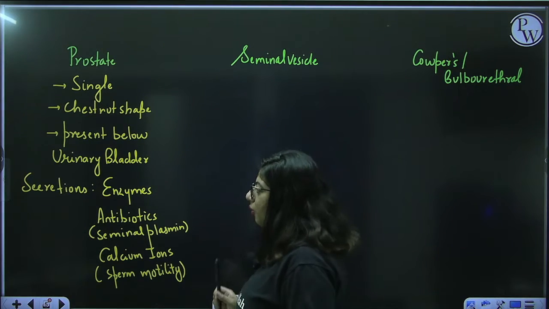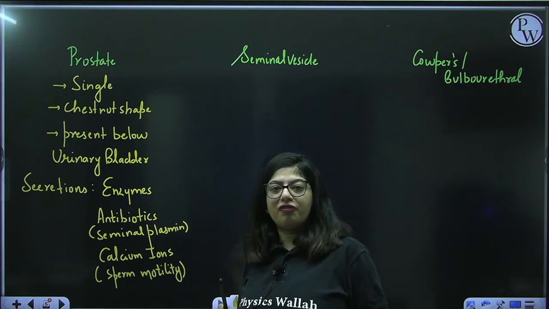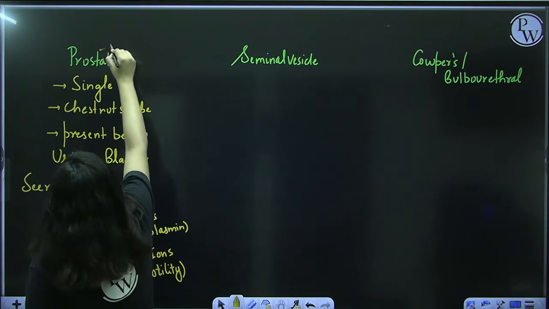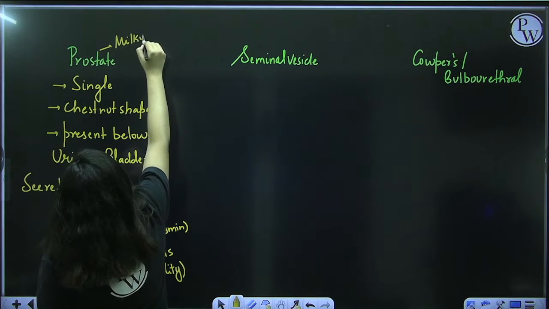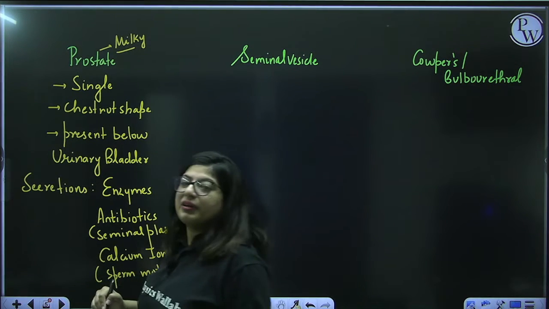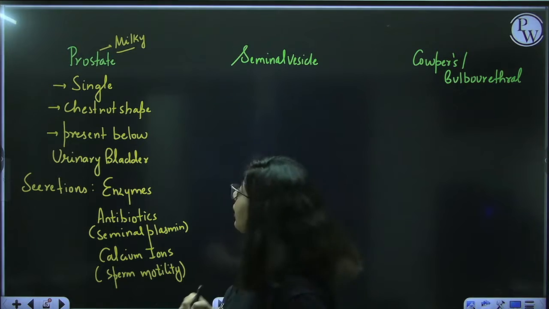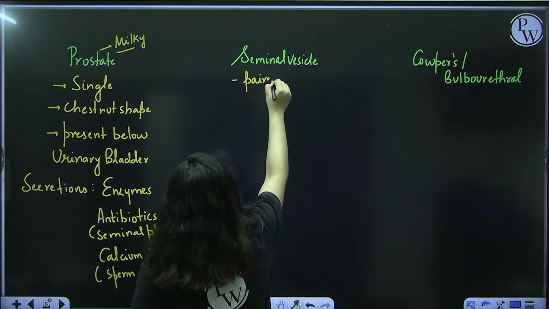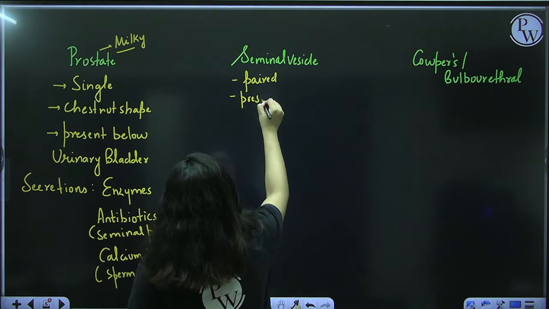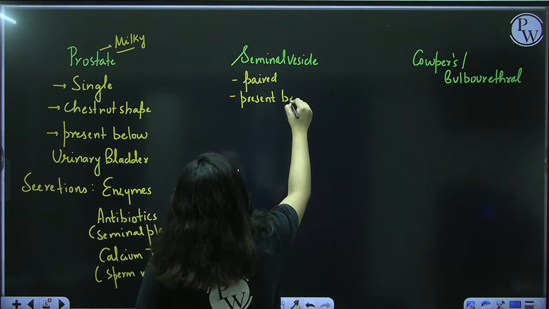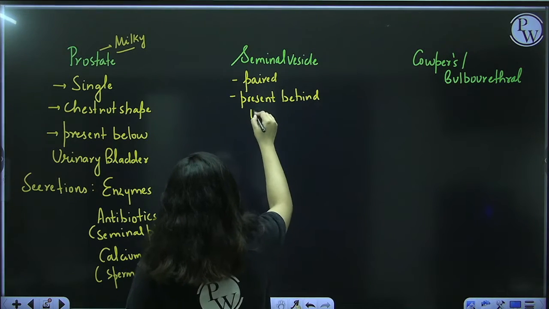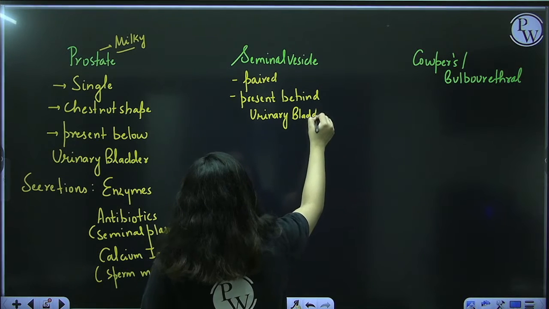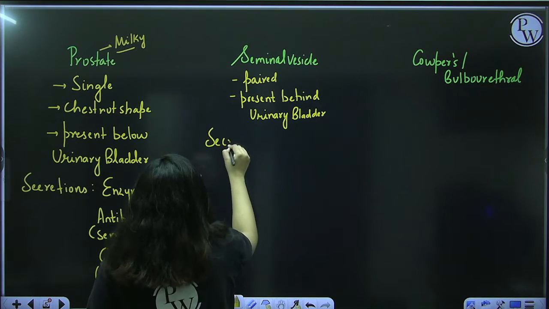Fine. Now, the milky appearance of the semen is due to the prostate gland. So this prostate gland gives a milky appearance to the semen. Fine. Another gland is the seminal vesicle. This is a paired gland and is present behind the urinary bladder. Now, what does it secrete? Its secretions are